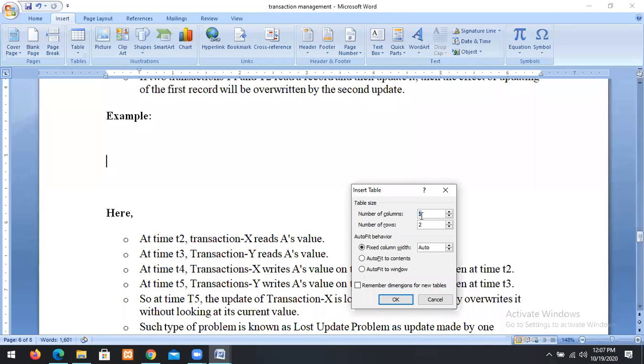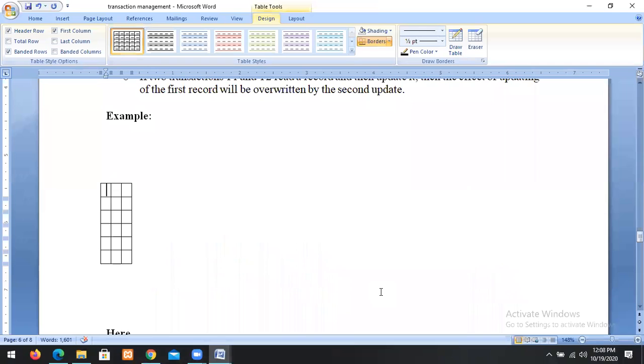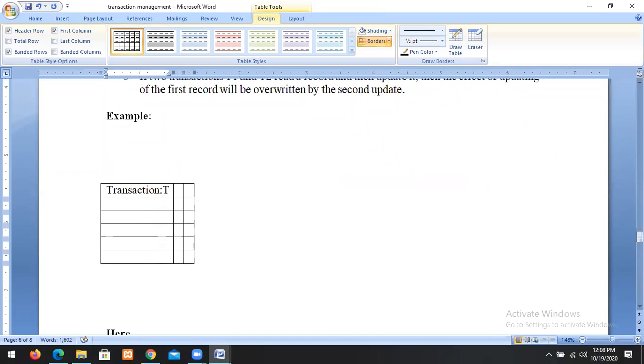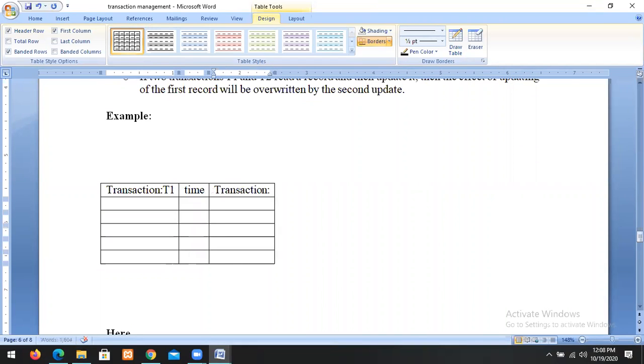Three columns: Transaction T1, time, Transaction T2. Let us assume that there are two transactions. Initially, no operation is performed at time T1.